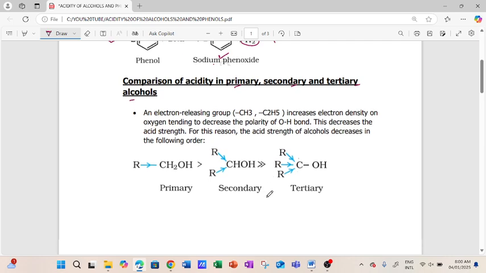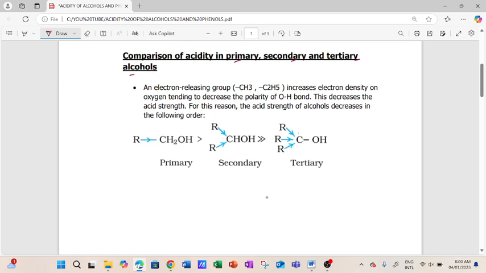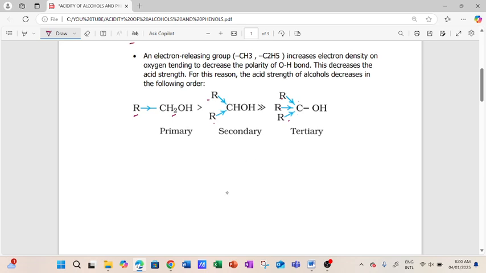We know that primary alcohols are RCH2OH, one alkyl group combined with CH2OH. Secondary is R2CHOH, there are two alkyl groups. And tertiary is R3COH, there are three alkyl groups. And alkyl groups show plus I effect, which is also called electron releasing effect. All alkyl groups like CH3 or C2H5 have an electron releasing effect. So